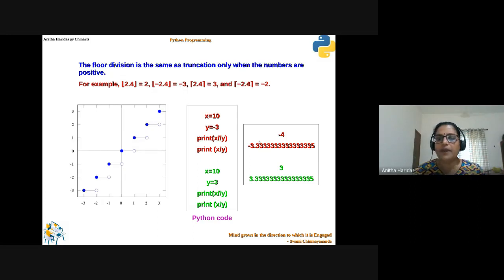So in the same way, minus 3.33 in the floor value will be the next nearest integer, right? Which is going to be minus 4. The same way, 2.4, this value you need not consider. This is a wrong one. This is the example I showed for the ceiling, right?